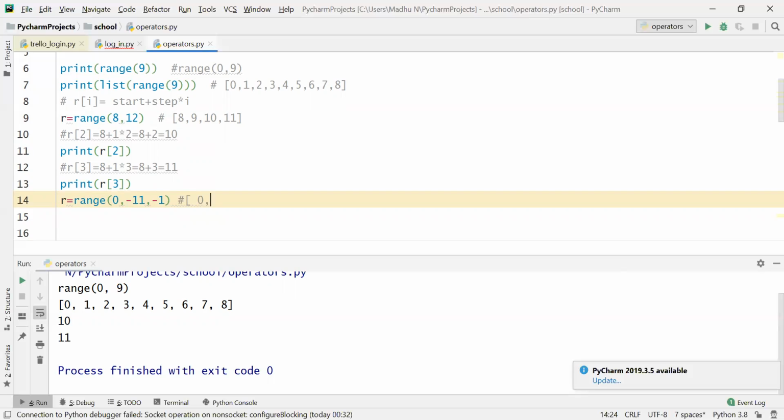So until minus 11: 0, minus 1, comma, minus 2, comma, minus 3, comma, minus 4, comma, minus 5, comma, minus 6, comma, minus 7, comma, minus 8, comma, minus 9, comma, until minus 11 means till minus 10.